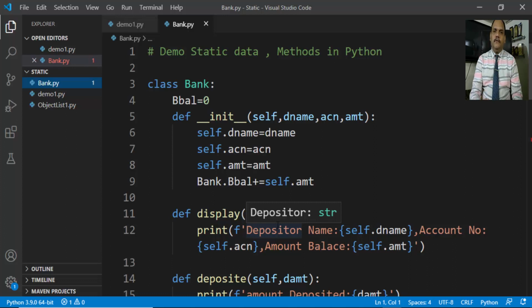Now this balance amount of a depositor will be individual, but all these depositors are instances of the bank. So the transaction done by the depositors will reflect in the bank balance. Let us understand: three depositors created an account in a bank. They all have their individual name, account number, and amount balance. They can perform their own withdraw and deposit operations in their individual accounts, but all these transactions will reflect in